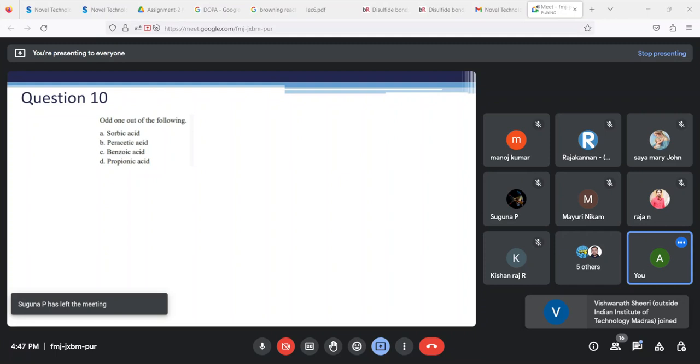One of the major reasons of food spoilage is the presence of microorganisms. One is the browning reaction that we discussed in the previous slides. The other one is the growth of microorganisms. So in order to inhibit the growth of microorganisms, people often add organic acids to the food to help control